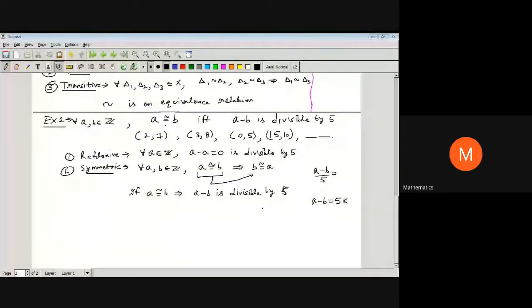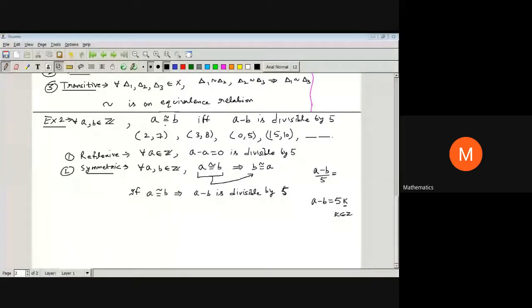Kritish, a minus b किस फॉर्म में होगा? बोलिए सर, आप बोलिए. Yes, a minus b is divisible by 5. So a minus b को हम कैसे लिख सकते हैं, so that it is divisible by 5? Sir, you have written, na sir, a minus b is equal to 5k, where k is equal to 0, 1, 2, where k belongs to integer. Very good. So it is a multiple of 5, right?